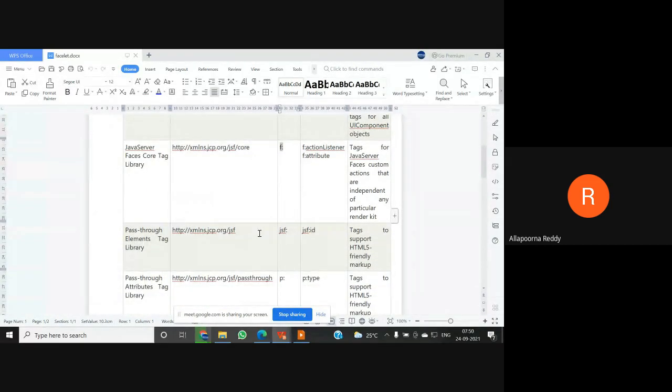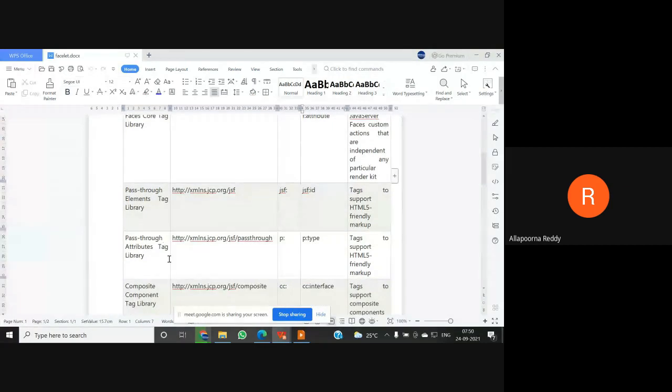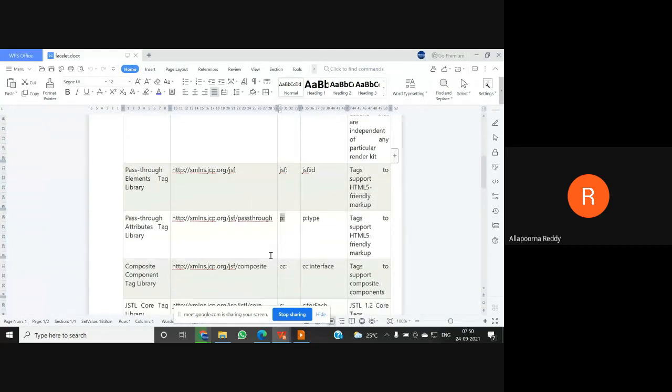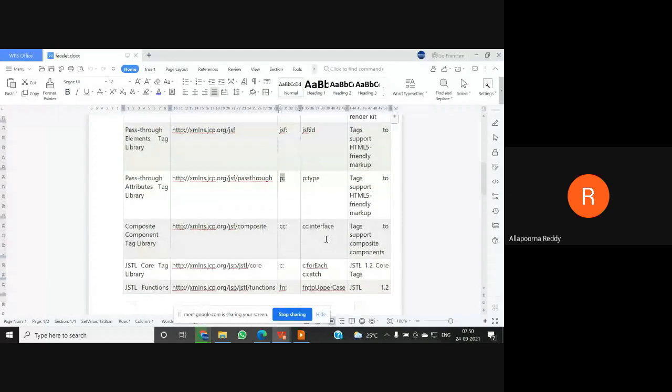Similarly, if I want to use the pass-through elements tag library, then I need to use my prefix as JSF, and the pass-through attribute tag library. So pass-through elements here, and pass-through attributes. So my prefix is changed. And for the composite component tag library, for that purpose we are using CC. And the JSTL tag library is the core tag library. You already know it.